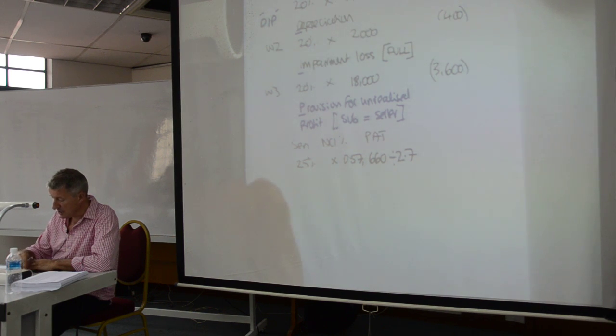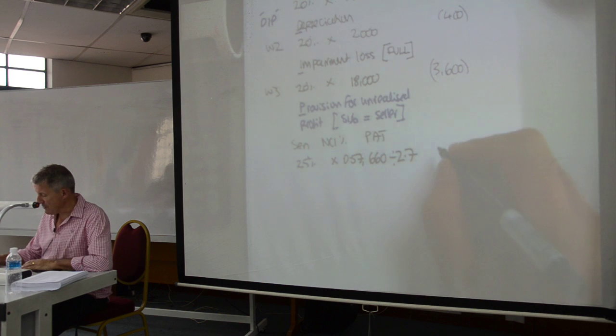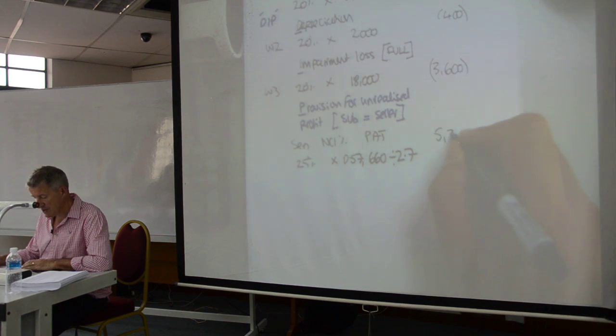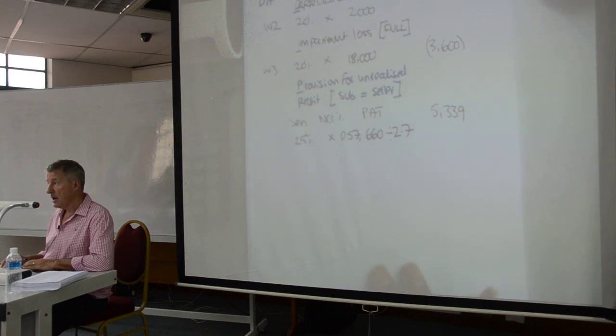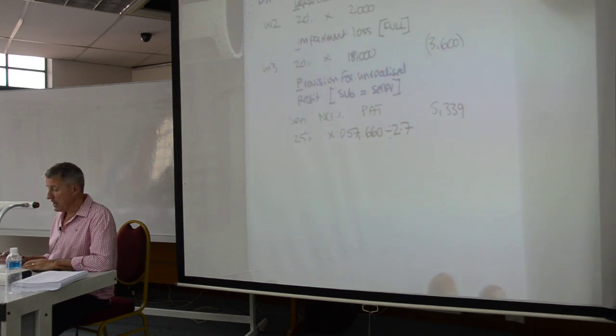Let me do that again, just in case I made a silly mistake. 25% of 57,660 divided by 2.7. Yeah, it was never going to be a round number, was it? But it's 5339, and it's a positive. It's a profit. Now, when I think of dip,